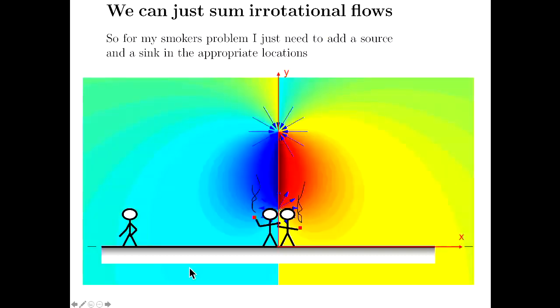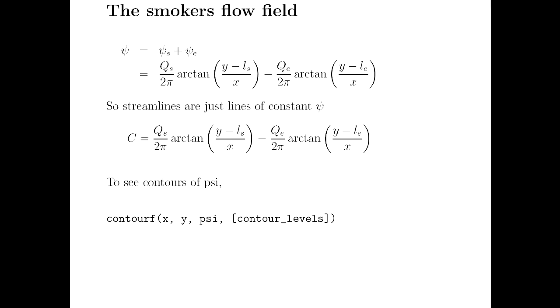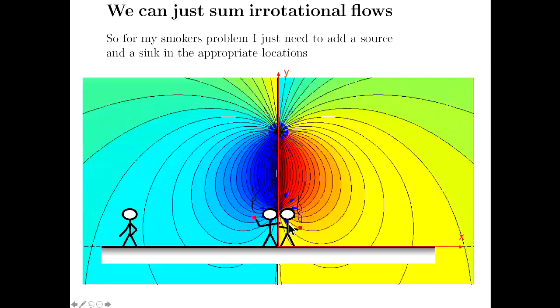And you have something that looks like this. Now, I can use contourf as well, and I can set the contour levels. If I use contourf, I can then see these lines of constant psi, which are my